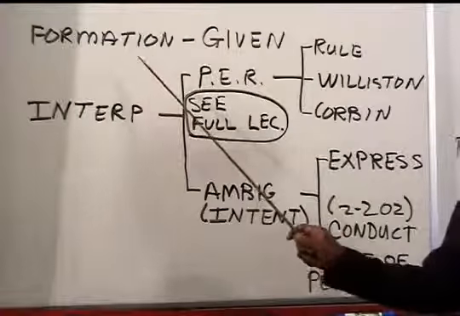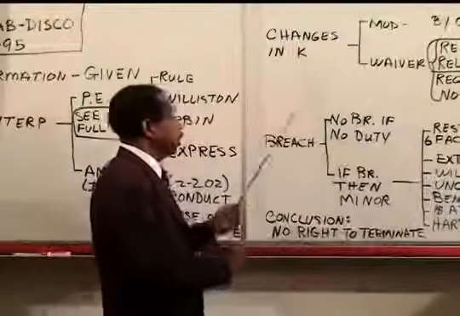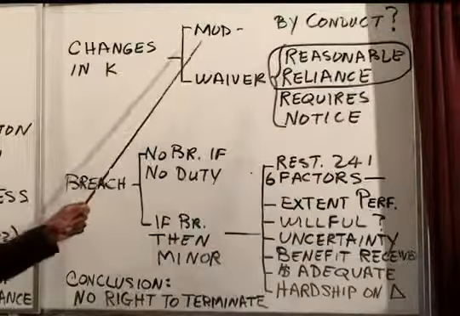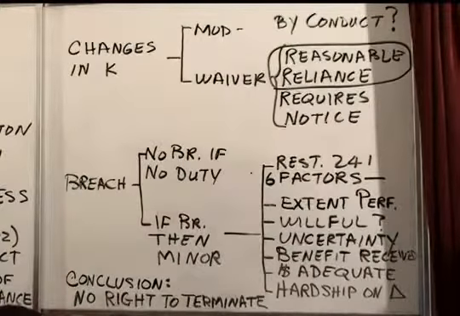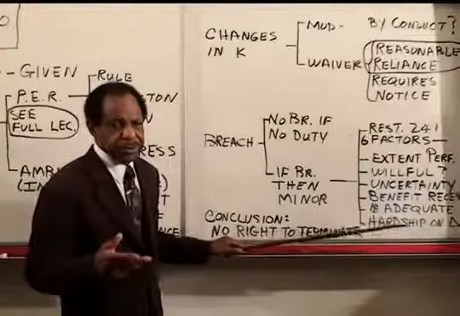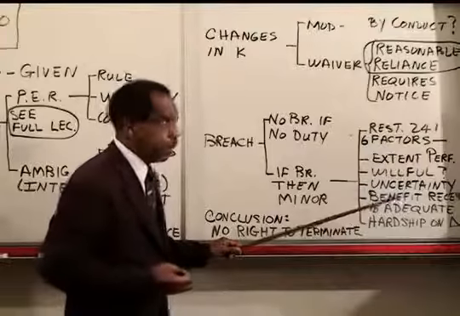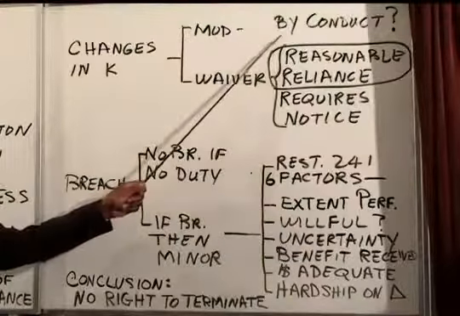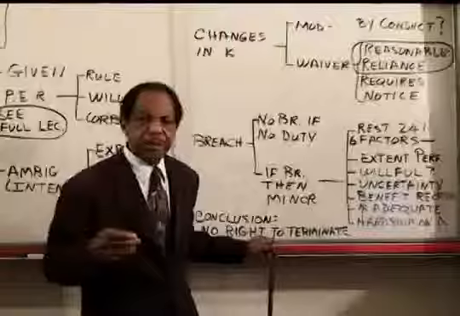Now, continuing with the problem, we've formed the contract, we've interpreted the terms. Next comes changes in the contract. Were there any changes? Well, in our case, if you change the people, we don't have a case where there's any change in people like third-party rights or anything of that sort. But we do have a possible change in the terms of the contract. By modification, you would argue that the contract has been